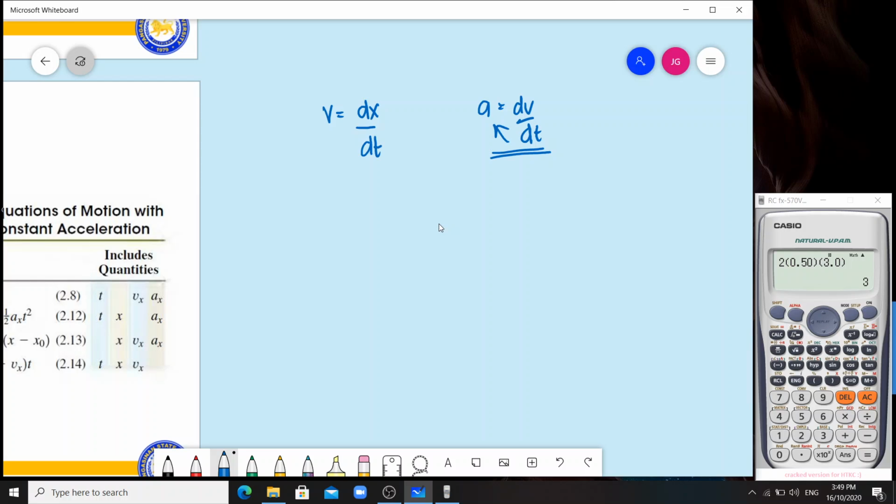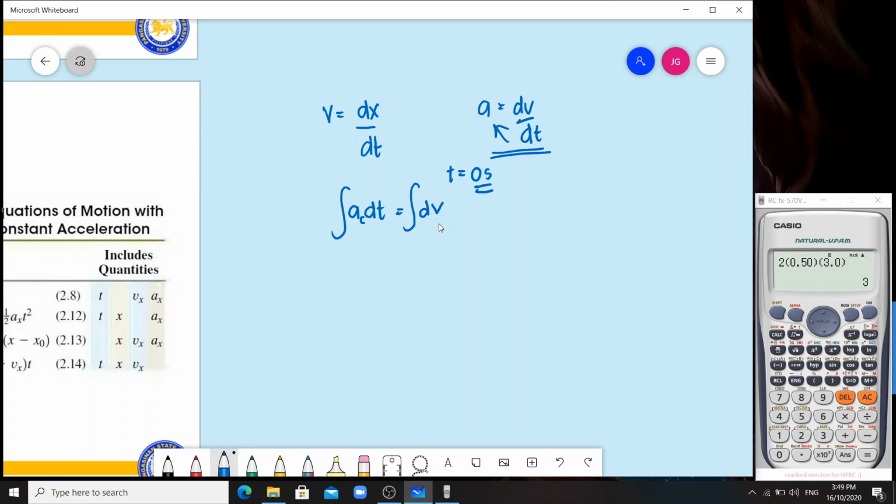So, we just have to cross multiply. a dt is equal to dv. Tama ba? Okay. Given tayo dito na ang initial time natin ay 0 seconds. Okay. Given yan. So, dahil ang acceleration natin ay constant, let's put subscript c to indicate that the acceleration is constant. Okay, we can integrate both